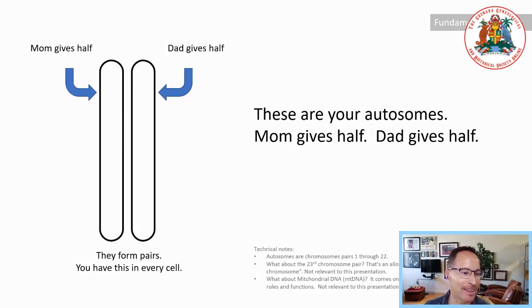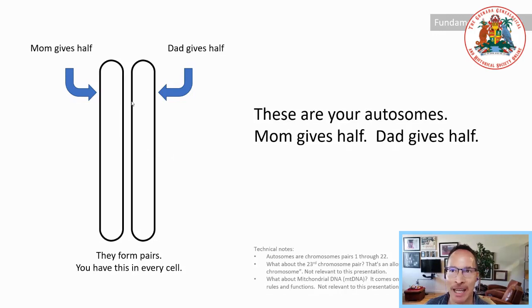So I'll begin with the fundamental concept behind genetic genealogy and what the tests are showing you. This diagram is a conceptual diagram. There's a lot of science underneath this diagram that I'm not going to get into, but there are notes that you can dig into if you'd like to. These 2 ovals are called your autosomes. Everybody has them. They are filled with your genes. Your mother fills one and your father fills the other one when you are conceived. And then they form pairs.